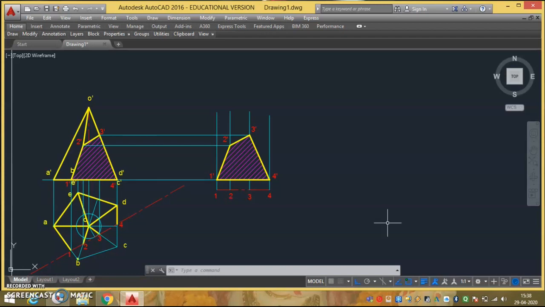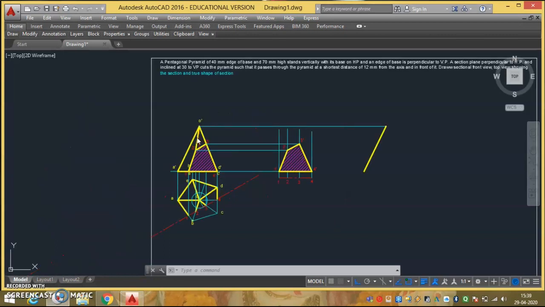So when you develop a surface, you need the true length of the inclined edge. In this case the true length of inclined edge is OA, which is parallel to XY line, which is here. So now I can use this as true length. So I'll just draw a parallel line to this somewhere here. So here we have drawn the parallel edge to OA.